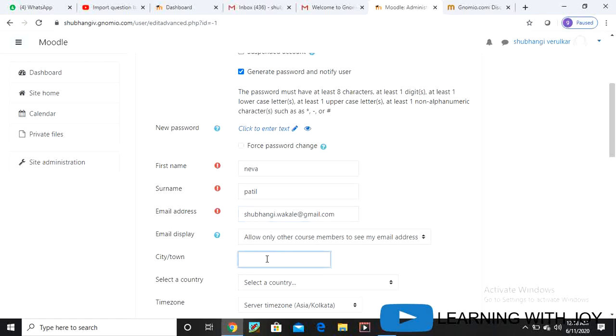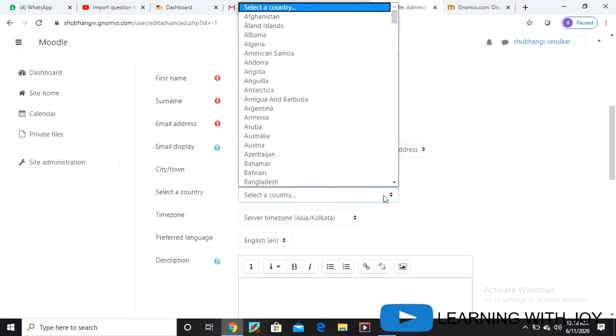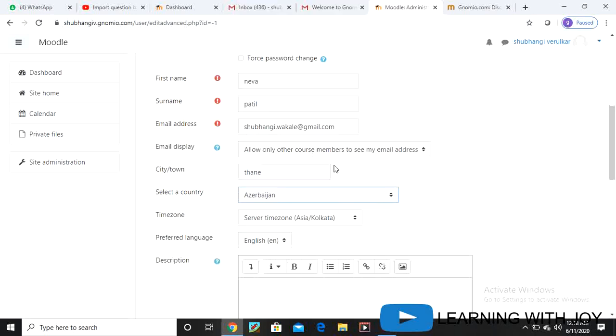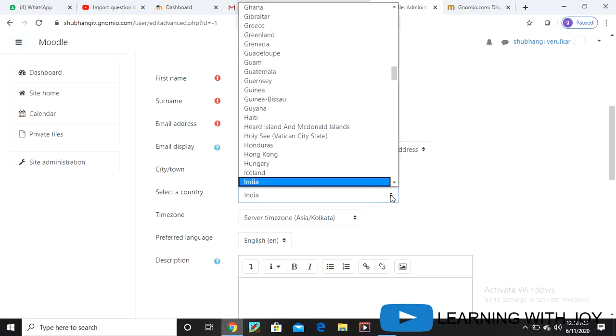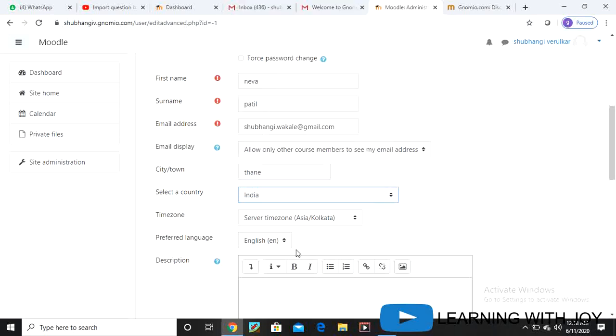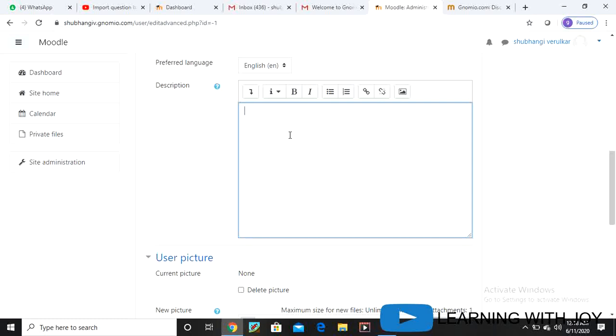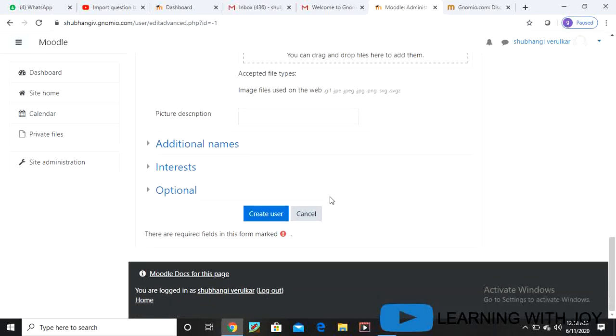So you have to give the email ID, CT Thane. Country you have to choose. We will choose India, time zone English. Description, if you want, you can write. Nothing is compulsory here. Additional things, if you want to add, otherwise click on create user.